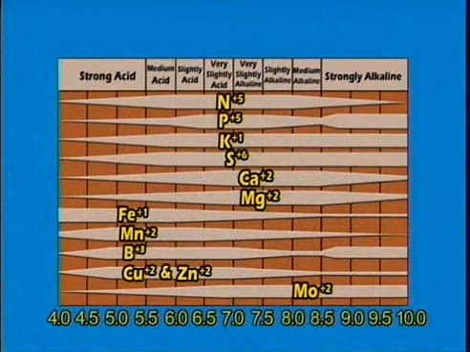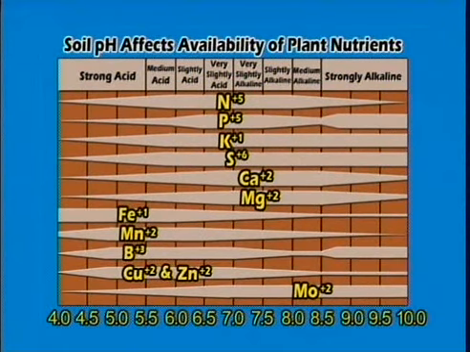So with that introduction, let's look at a graphic which shows us how the solubility of nutrients is affected in the soil as the pH of that soil goes up and down the scale. This first graphic is entitled Soil pH Affects Availability of Plant Nutrients. The way we need to read or interpret this graphic is we look first at the bottom scale. Here is our pH scale, in this particular case starting at a low of 4.0 and progressing up through a